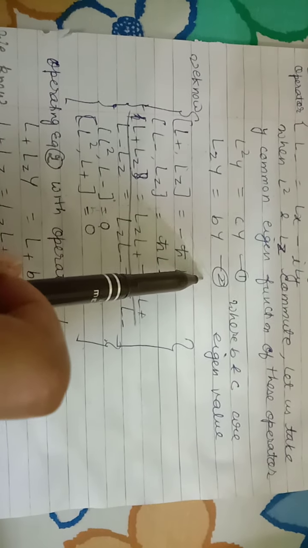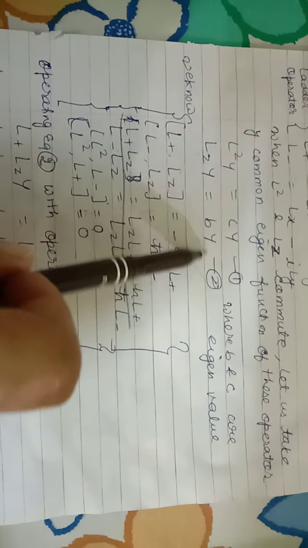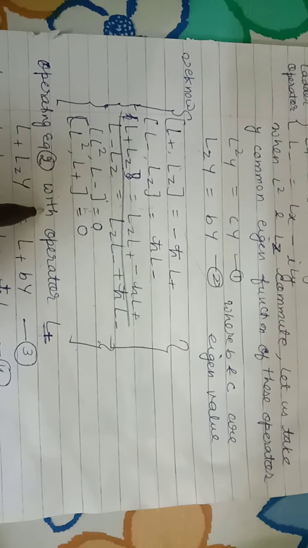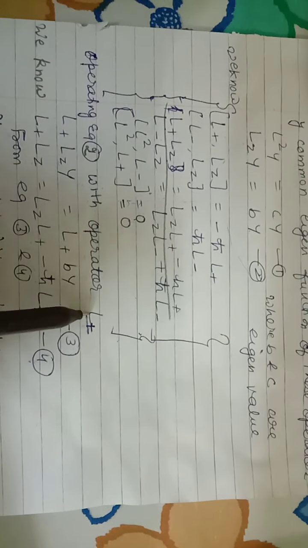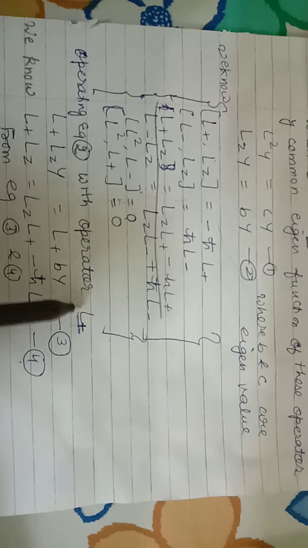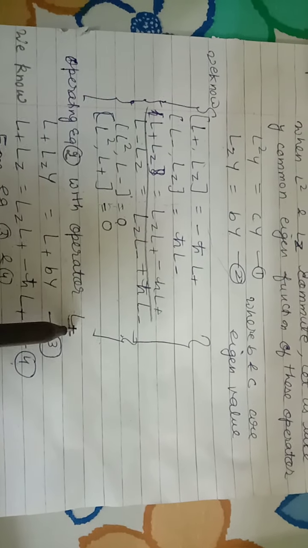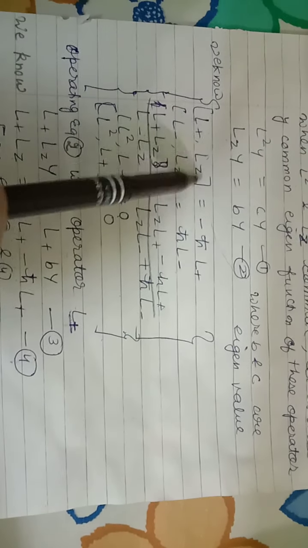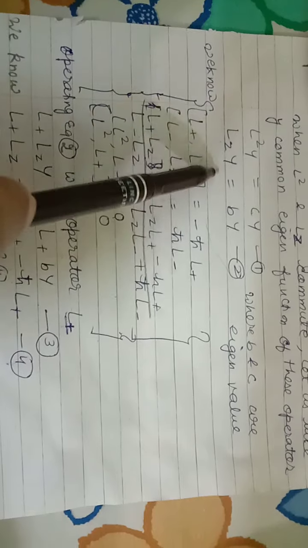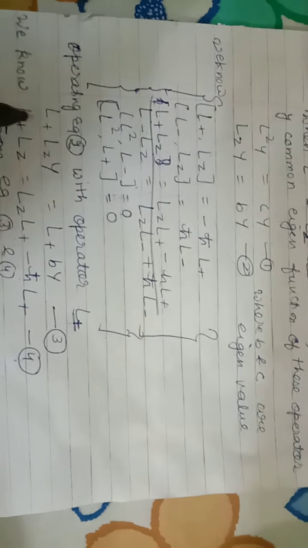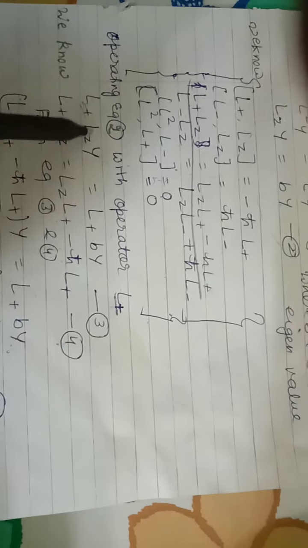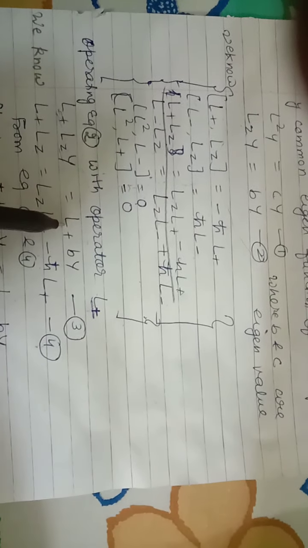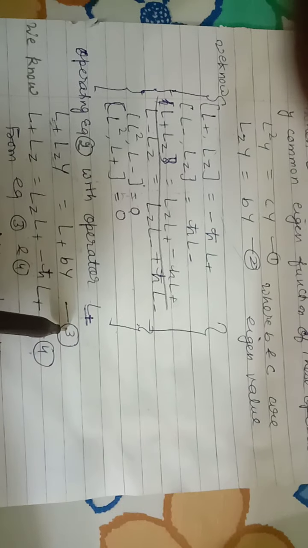First we are taking equation number 2, that is corresponding to the z axis. Operating equation 2 with the raising operator first, that is L plus, then we will discuss this equation with L minus also. Now when we operate with L plus, the equation Lzψ is equal to Bψ is converted into: keep L plus on both sides, L plus Lzψ is equal to L plus Bψ. This is represented by equation 3.